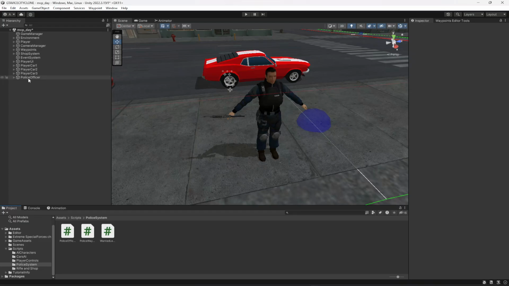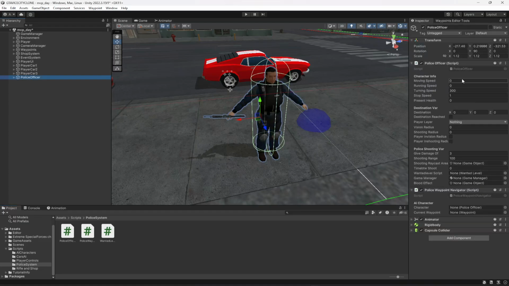Now if we get back right here, click on police officer. For the moving speed, let's add 0.9. For the running speed, add 2.2. For turning speed, it will be 300. Stop speed will be 1. Present health will be added automatically. Then